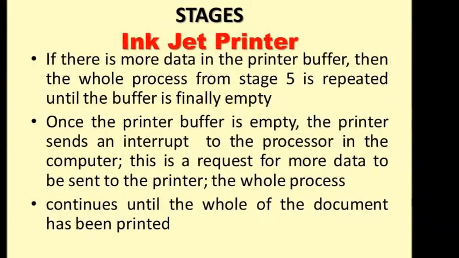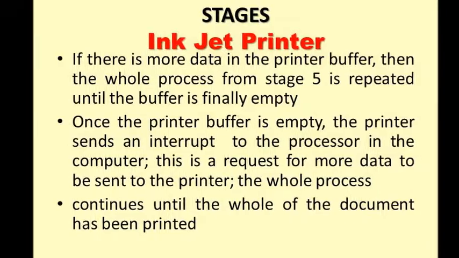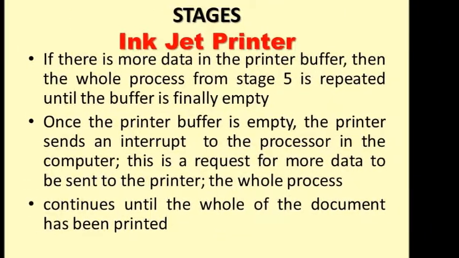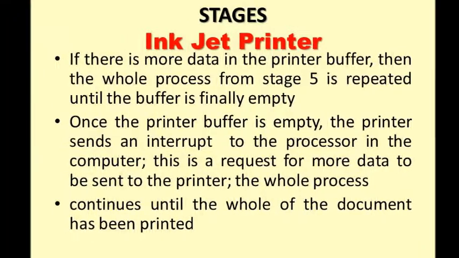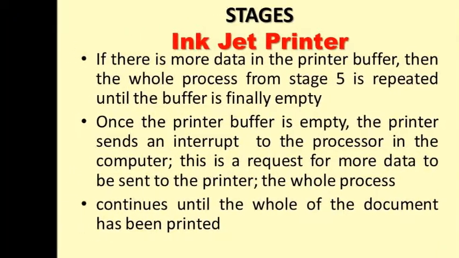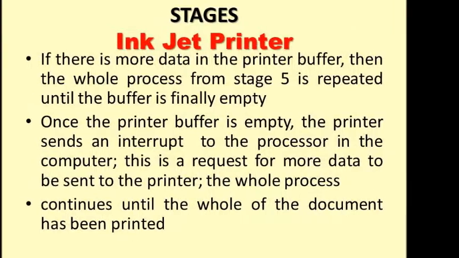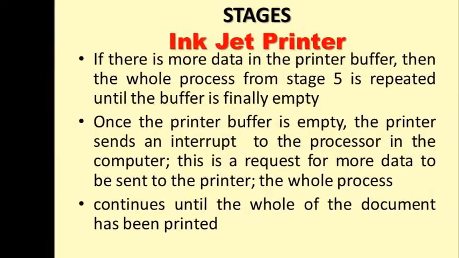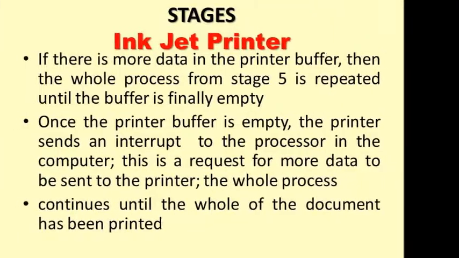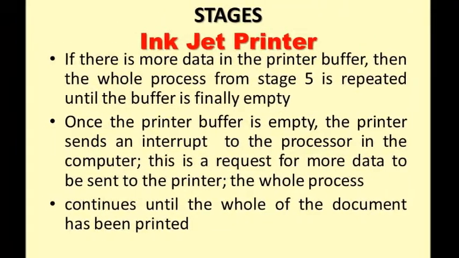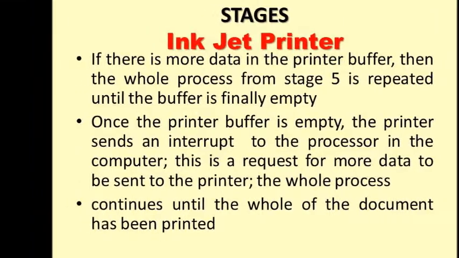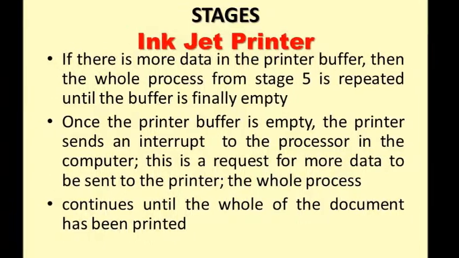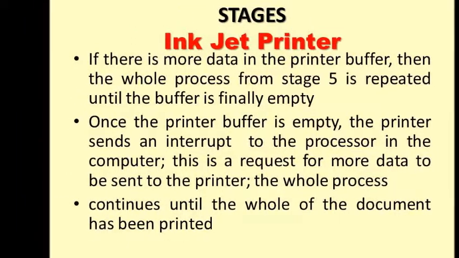Step number 5 is that a sheet of paper is fed into the main body of the printer. A sensor detects whether paper is available in the paper feed tray. If it is out of paper, then an error message is sent back. If there is a problem of paper jamming or the paper is out of order, a message automatically appears on the computer monitor screen that the paper arrangement needs to be checked.